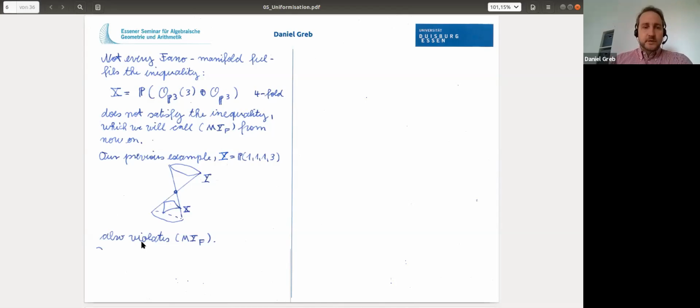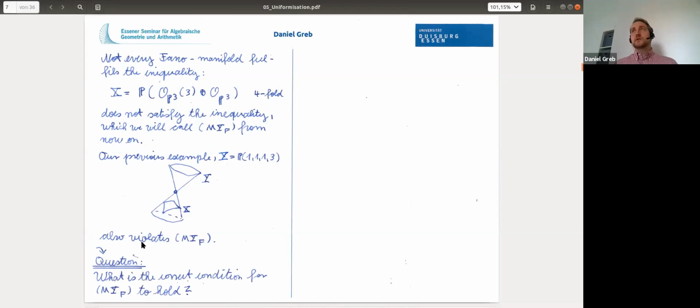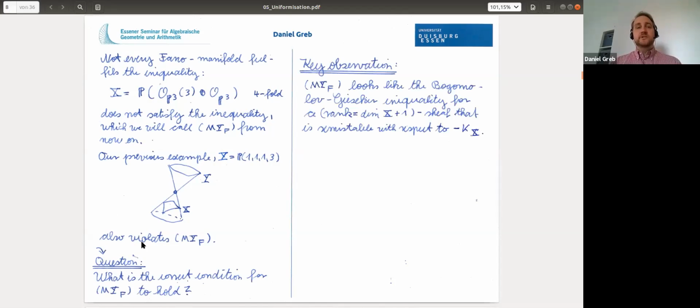So the question is, what is the correct condition? And okay, the message is already clear. It's some sort of semi-stability condition for this Miyaoka-Yau inequality to hold. Yeah, so what is the additional condition you have to impose? And so for that, I make the following key observation, which seems small, but for me was a really important observation,